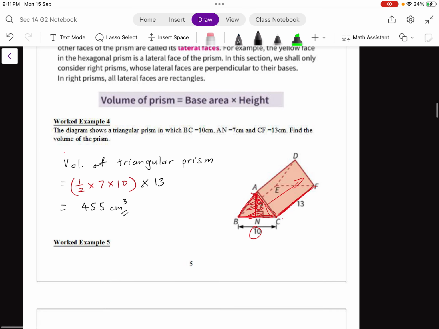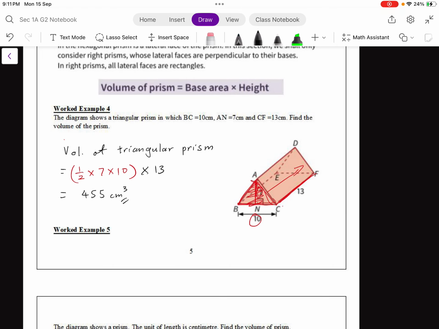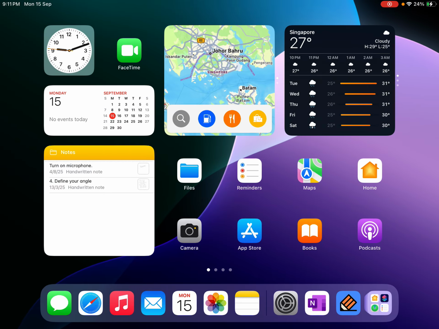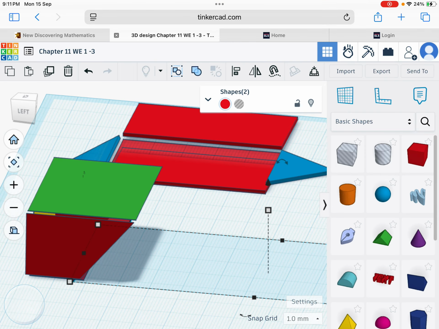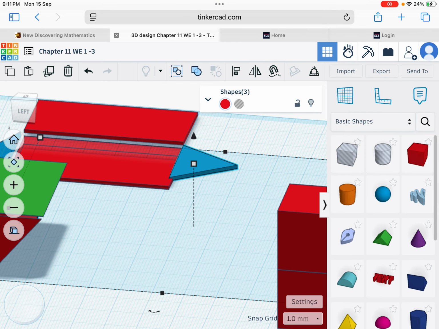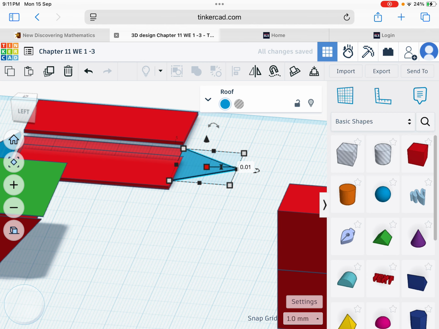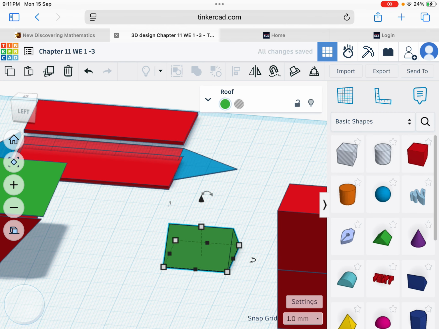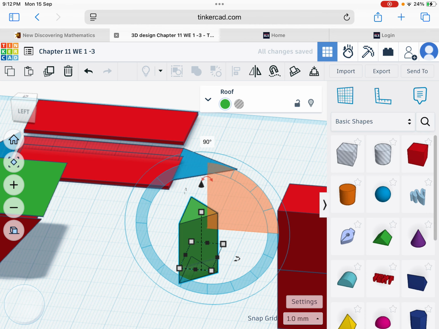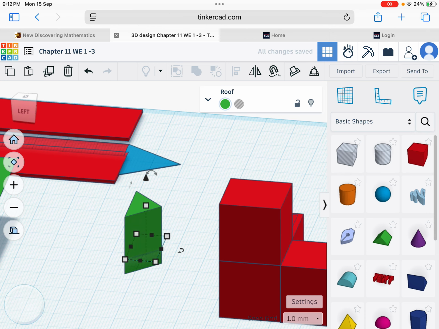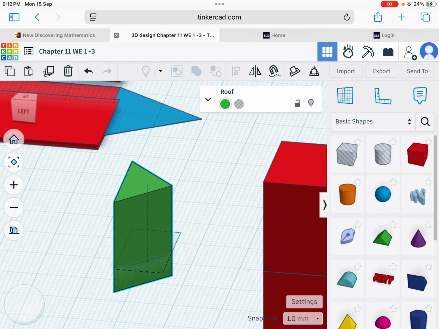Now volume of prism, right? Why is it that this is the area of triangle multiplied by your length here? It's because in order to get a prism, you realize that it's just moving your shape. So if I show you this one,